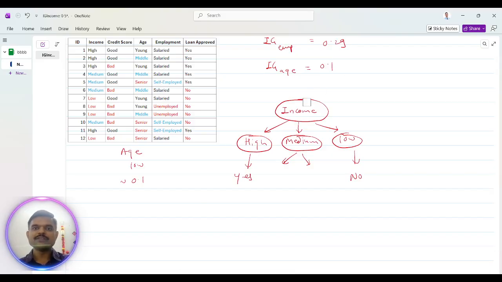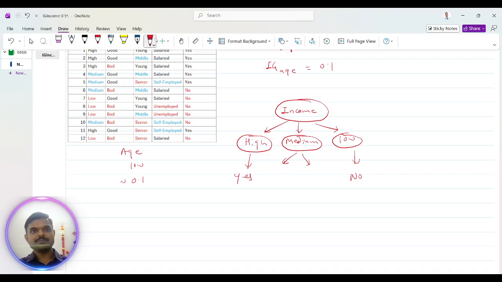So you can clearly see whenever the income is high, then the possibility of loan sanctioning is always 100% yes. If income is low, then it is 100% no. And if it is medium, then 50% is yes, 50% is no. And in that 50% yes, no, if the credit score, you can see over here,